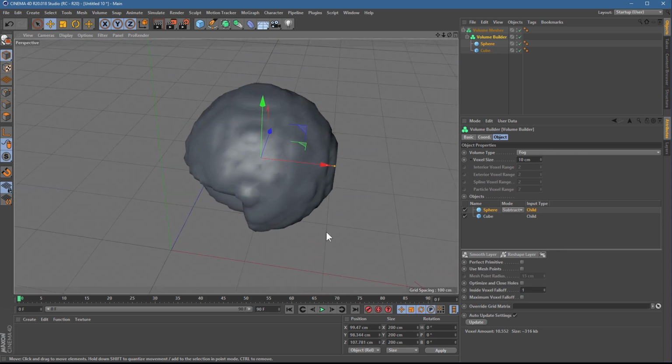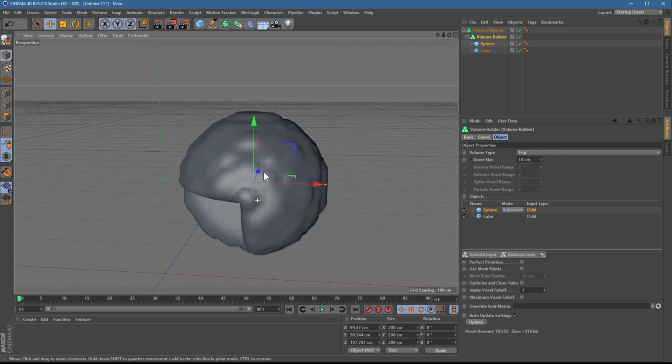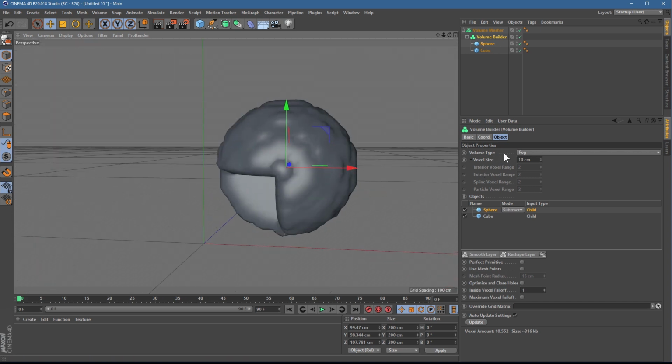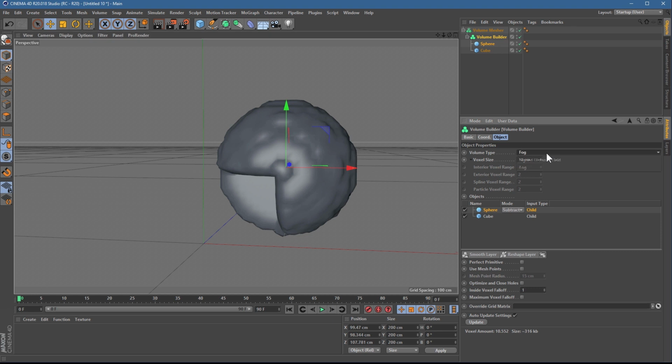But as you can see, fog is generally far less suitable for doing nice adding and subtracting and cutting operations, because the way the maths work, the way you're adding and subtracting these values, it's not the most straightforward thing, and ultimately it often just doesn't give you the best results. So stick with fog for anything where it's a volume of things, and stick with SDF for when you want to do adding and subtracting and merging, which, to be brutally honest, is probably what you're going to do most